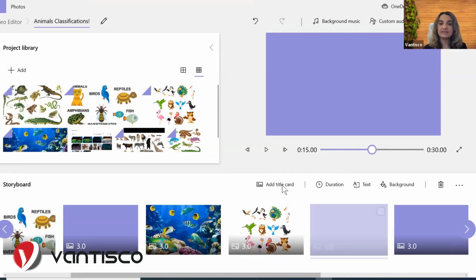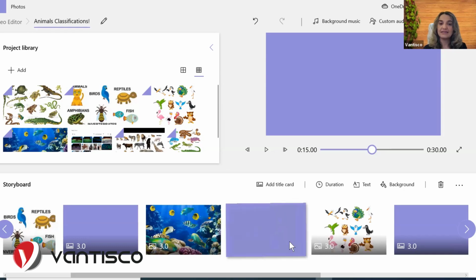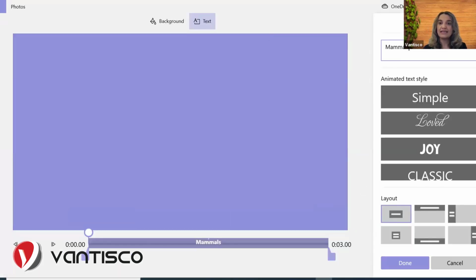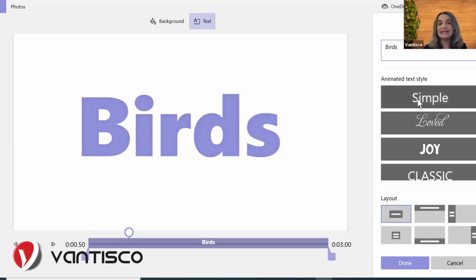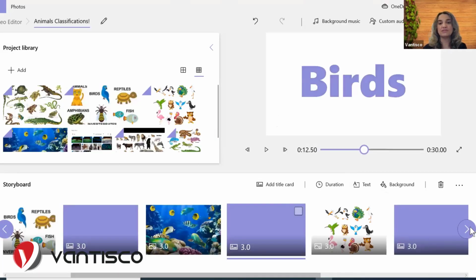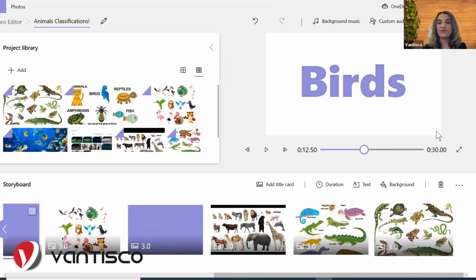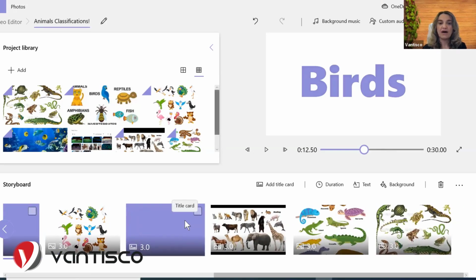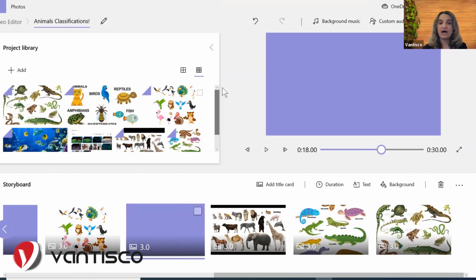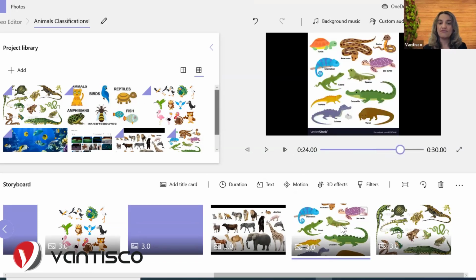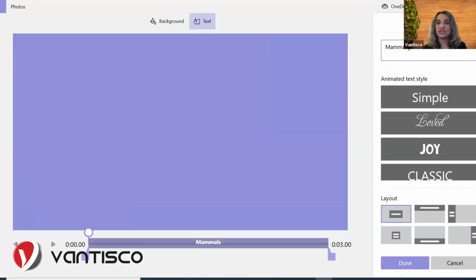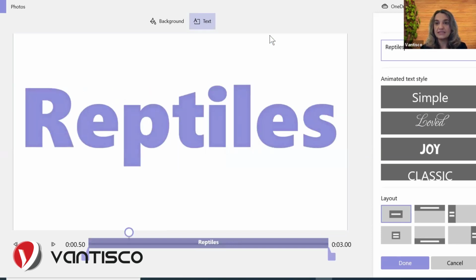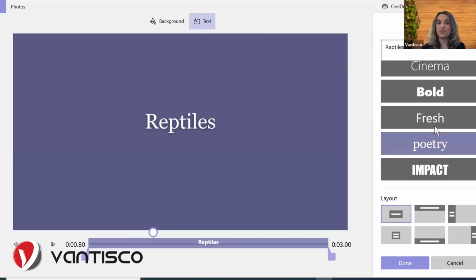Okay, paste the title card. I will drag the title card, and then I will add the name, but this time I will change it to birds. But I'm still using the same style and the same layout of the mammals. And now here I can do the same by copying, but this time I will paste one for the reptiles, okay? And I will change here the reptiles, as you can see here, and we have tried different ways, or